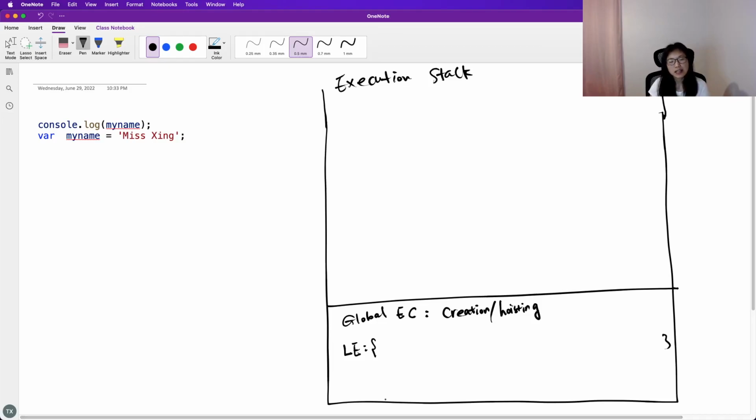What's going to be in the lexical environment? Here I don't have a global execution. We have the lexical environment and the variable environment. In the lexical environment, we also have an environment record. I just put everything in the lexical environment for shorter. In the lexical environment, during the creation phase,